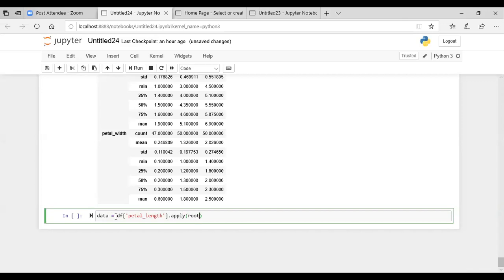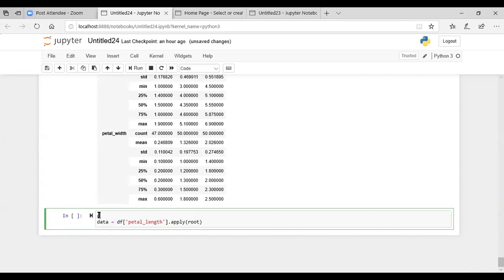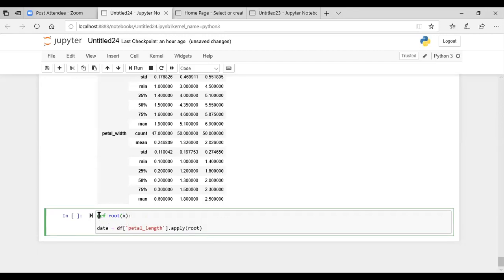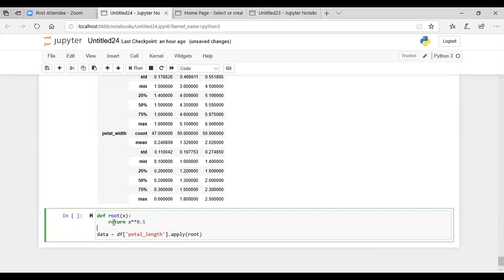And you want to determine the root. So we are mentioning the name of the method, and for this we have to define that method as well. So define root, and pass this x as a parameter. It will be returning x power 0.5, so it is returning the square root of whatever value x is passed to it.